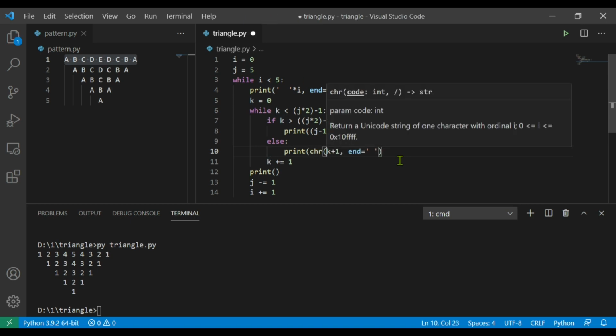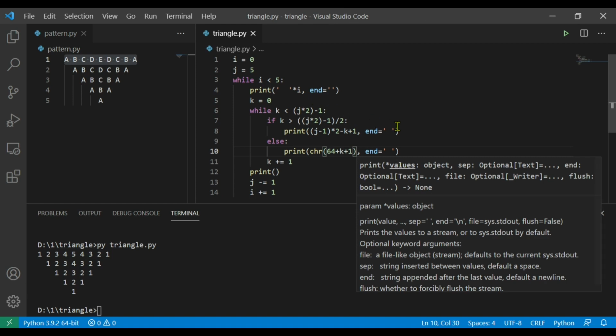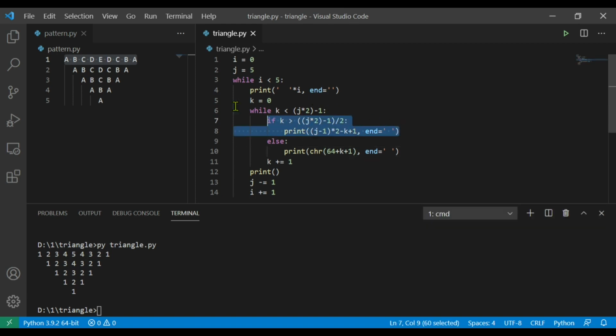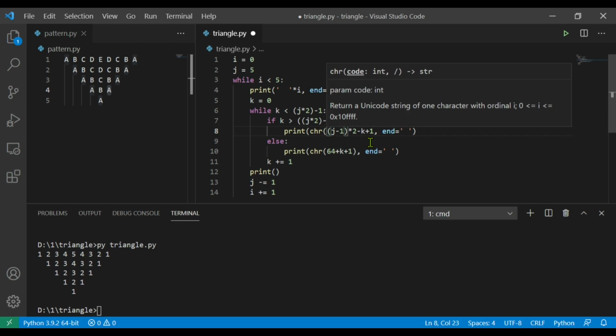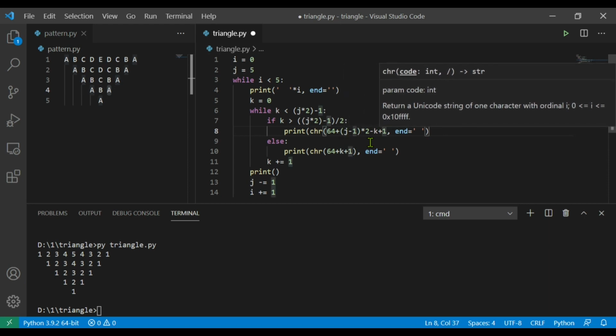character starting from 64 plus K plus 1, and in if condition, the print statement contains the second half of the pattern, which is BCBA, CBA, BA, and A. So change this code character starting from 64 plus, close the bracket,